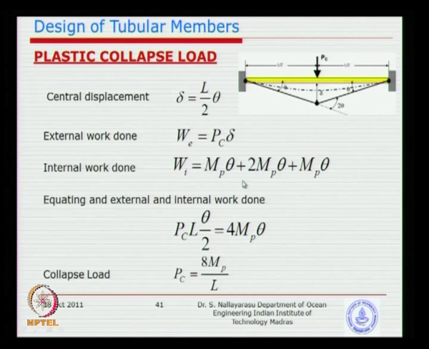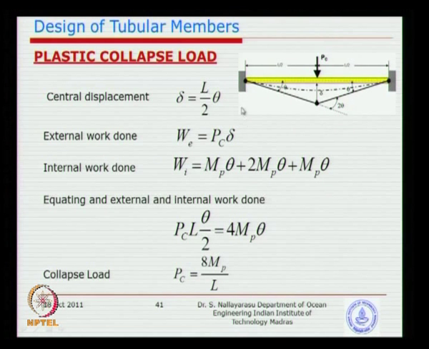The idea behind this is that 2 theta is happening at the center, and also the end has got Mp, because in the previous case we do not have a bending moment at that point, so moment capacity is not there, whereas here moment capacity at the fixed end is also there. So you can have theta times Mp and the other end is theta times Mp, and you could equate the internal to external work done, and arrive at the plastic capacity or the collapse capacity of a fixed beam.